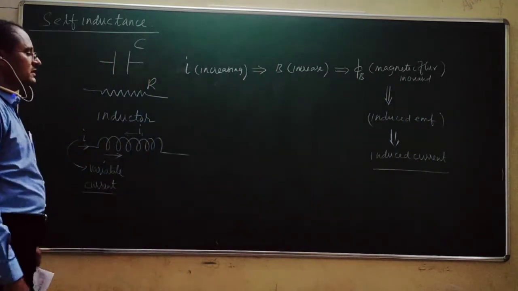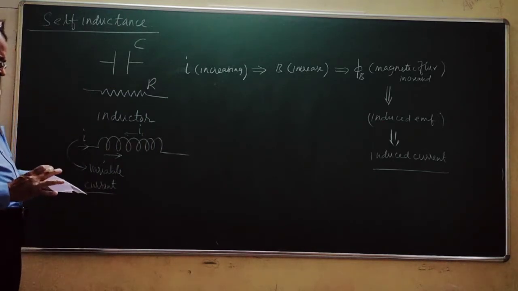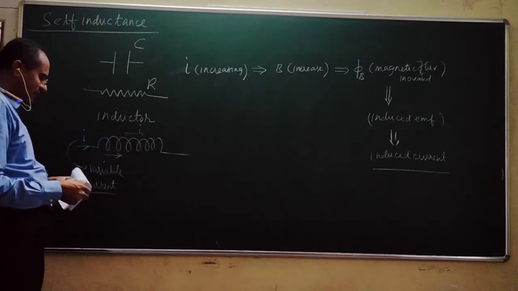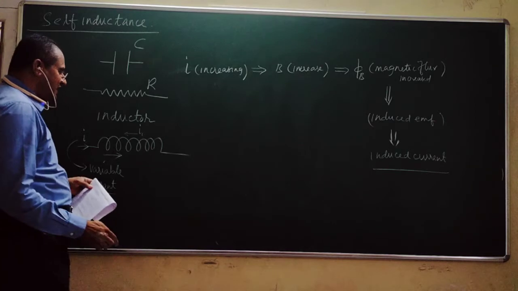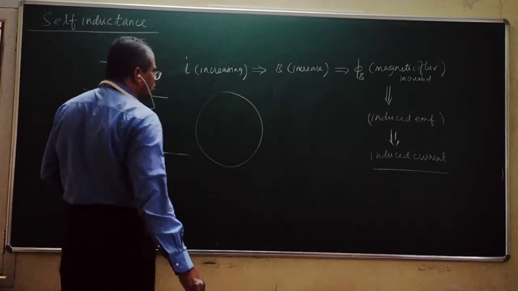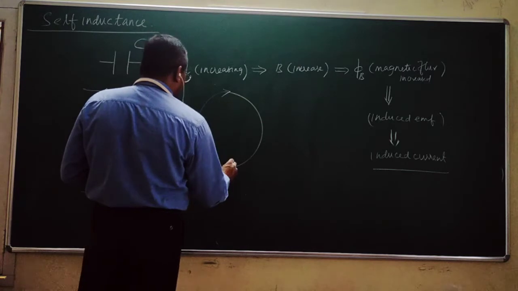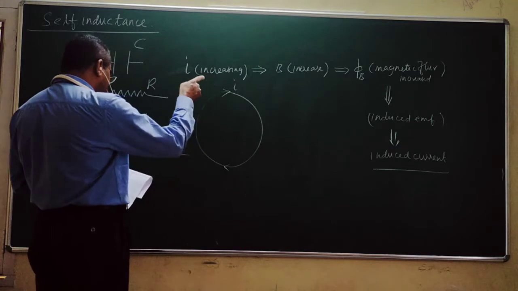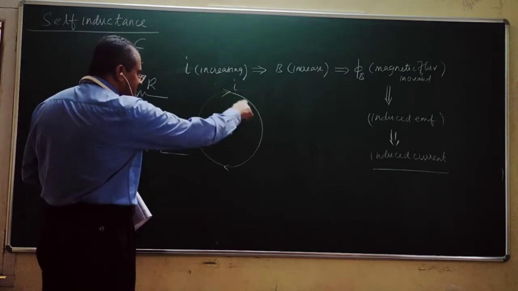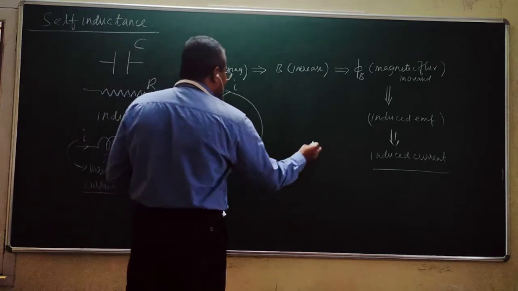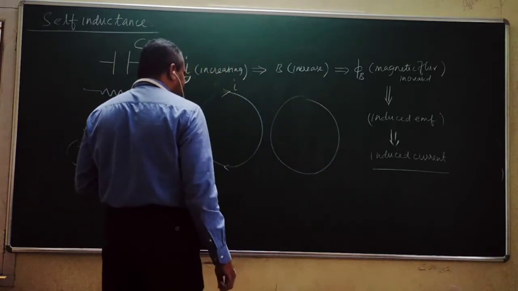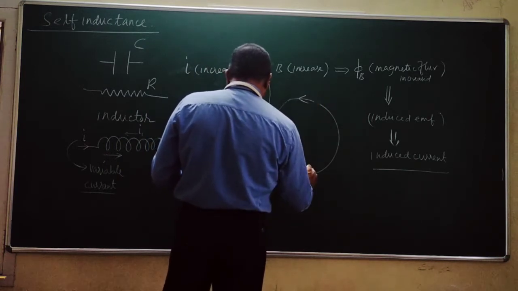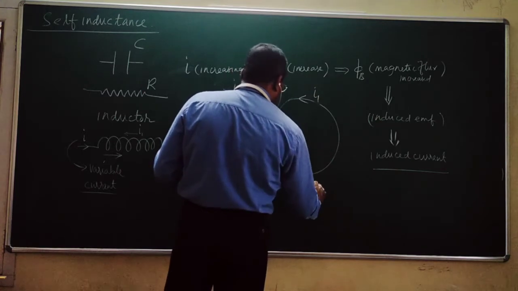Sir, to put it very simply, the induced current will be flowing in a direction opposite to the applied current. I would put it this way. Supposing this is a loop, and let us say a current is flowing in this direction. This is the current you are applying to this conductor by connecting a battery. When this current varies, the induced current produced will be opposite to this. I call it I induced.